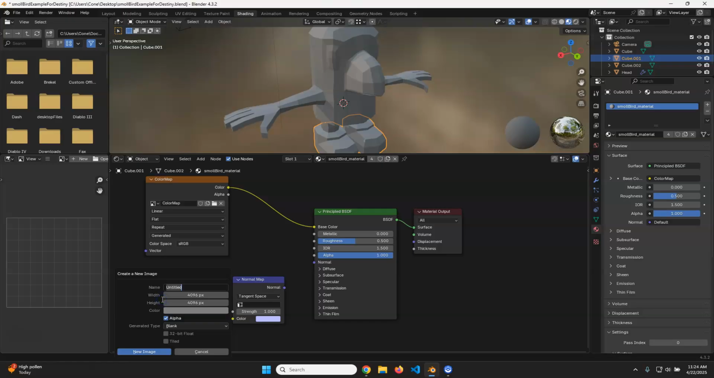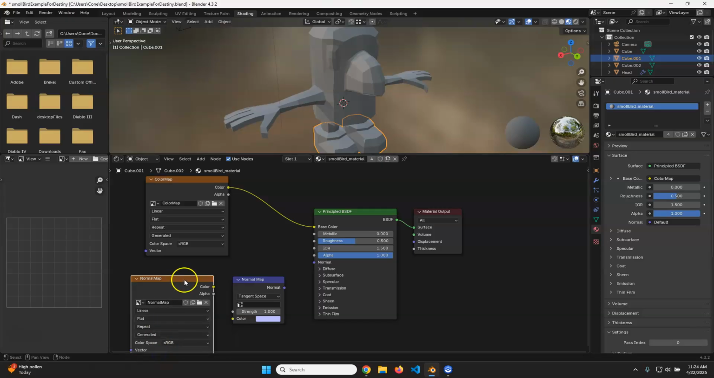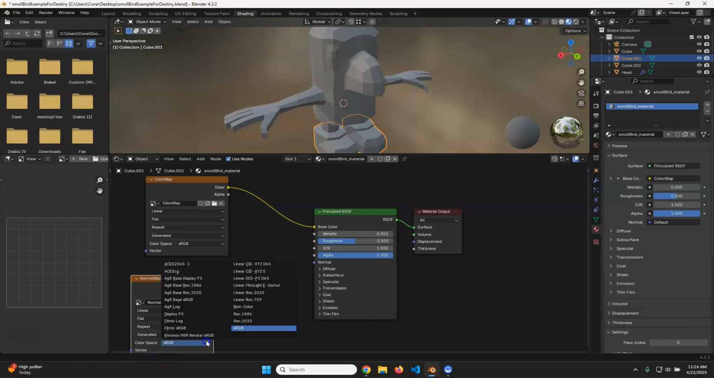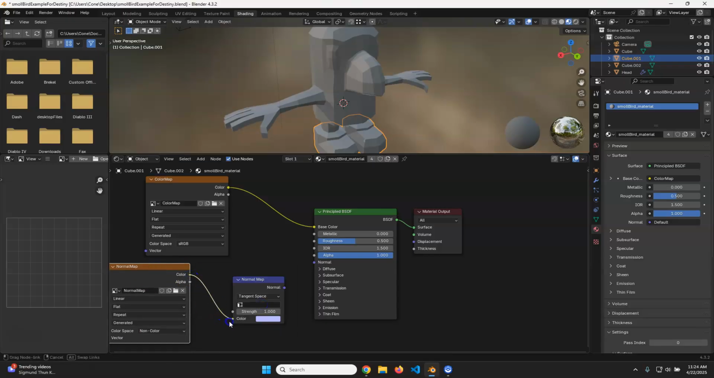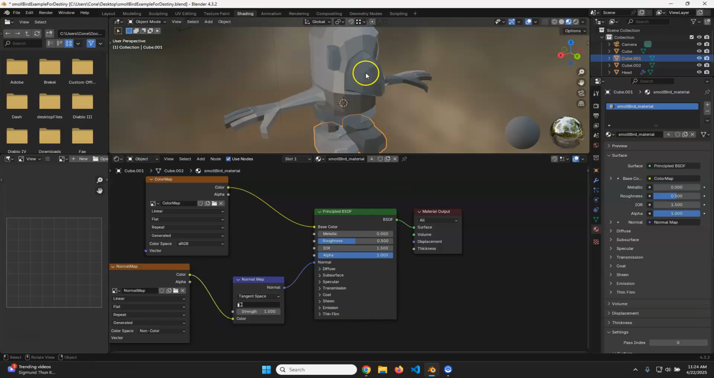Once again, click New, and we'll call this Normal Map. Boom. And New Image. And we do need to change one thing. We've got to change the color space to non-color. And we're going to go from color to color and from normal to normal. Okay, good. Now,